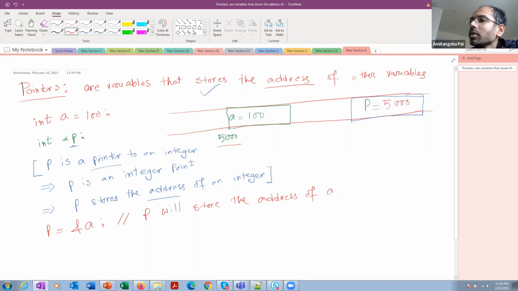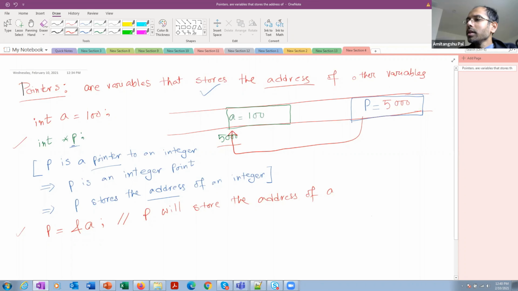Clear? This is also shown with an arrow, meaning p is going to point to a. p is a pointer to a, or p will store the address of a. These are the two new syntaxes you have learned: how to declare an integer pointer, and how to assign an integer pointer the address of an integer.